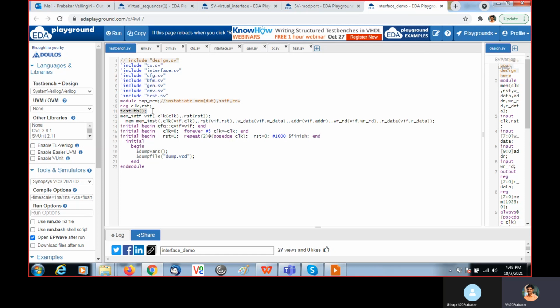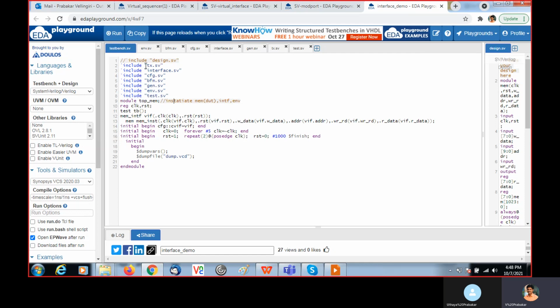Now here test. TB off. Okay. Test is nothing but the test bench program block that is instantiated as TB. So we are going to talk about the program block. Here we should declare all the files in a proper way, with proper hierarchy from low to high. Okay, then only the compiler will understand it. The compiler will compile all the files first, then we are going to do the simulation.